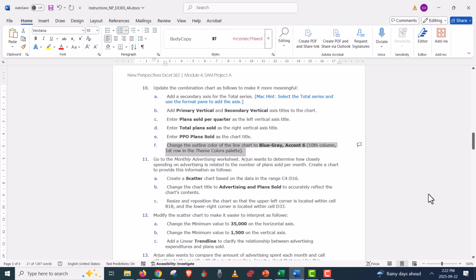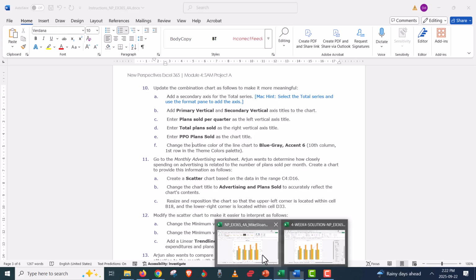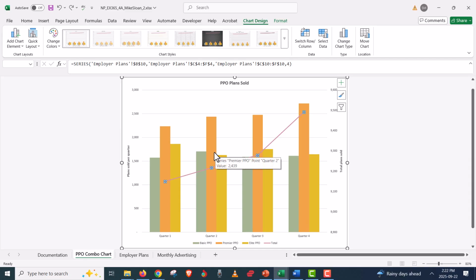Finally, part F. Change the outline color of the line chart. Outline of a line chart. That's kind of a misnomer almost, because when you're outlining, I'll show you what I mean. So if we go back to the chart here and we were to change the outline colors of some of these columns, for example, it would just change a visible outline you could see, and you'd still have a fill color in the middle. When you have just a line,